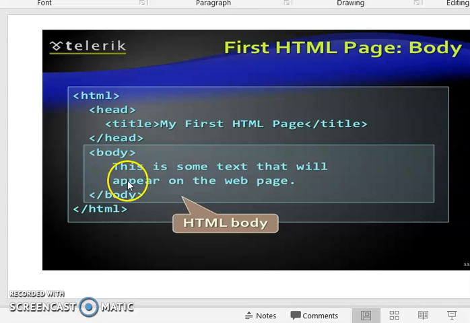This body tag contains the content that must appear on the web page, which can be some text or some other tag also. We can put it in the body tag. So this is the opening tag of body, and /body is the closing tag. And this body tag is within the HTML. This body tag must contain the information that should appear in the web page.